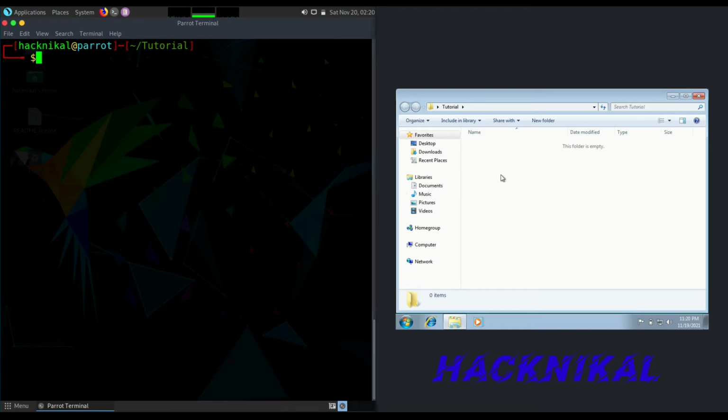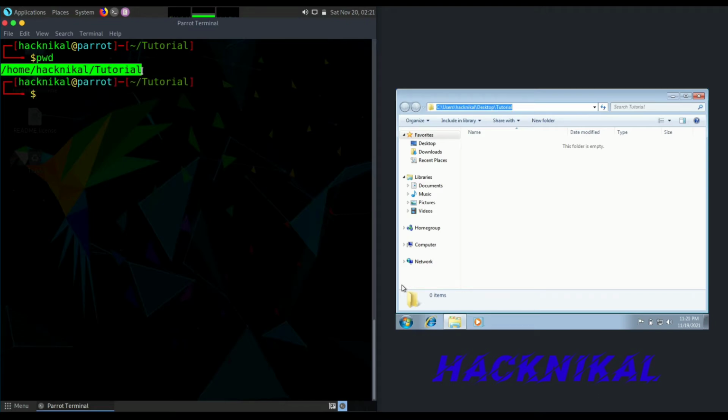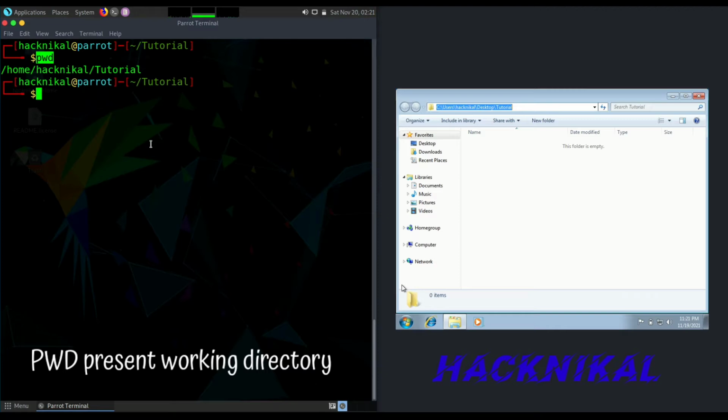First of all, we need to check the path of this folder. I'll just click on the address bar and it will give me the complete path, like C directory, users, username, desktop, tutorial. If you want to see the path on a Linux machine, we have the pwd command. Here you will get the exact path right from the beginning, like slash home slash username slash folder name, etc. So pwd is present working directory, where it will print the current working directory of any user.